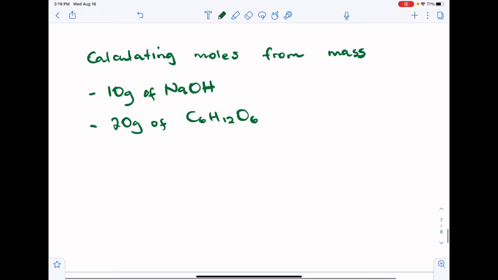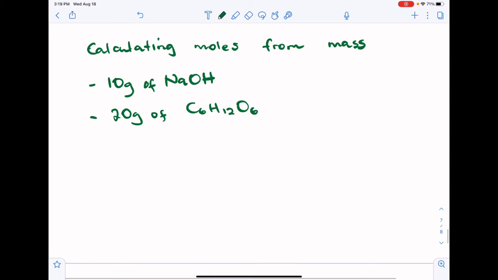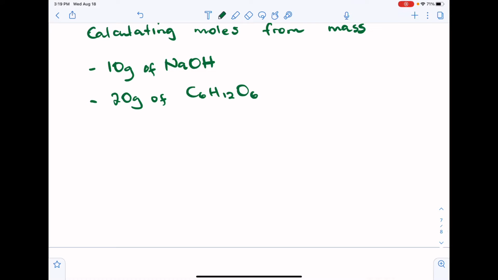Okay, so the next part here, we're going to be calculating moles from mass. So if, for instance, we're given 10 grams of sodium hydroxide, we already know how to determine the molar mass of sodium hydroxide. We found it to be 40.00 grams per mole. That means that for every 1 mole of sodium hydroxide, we have 40 grams of